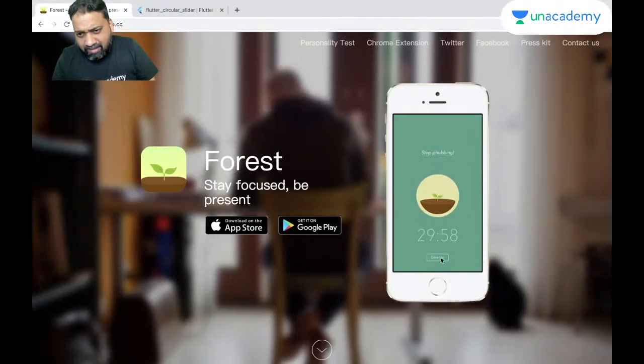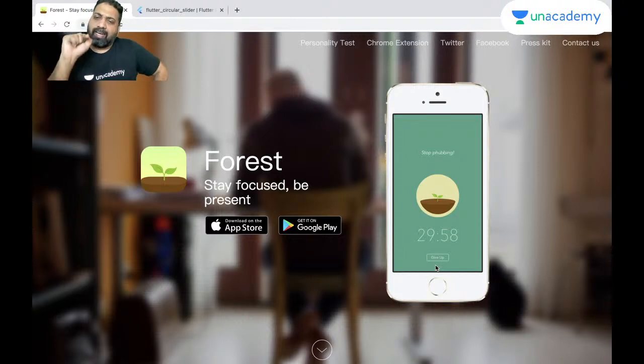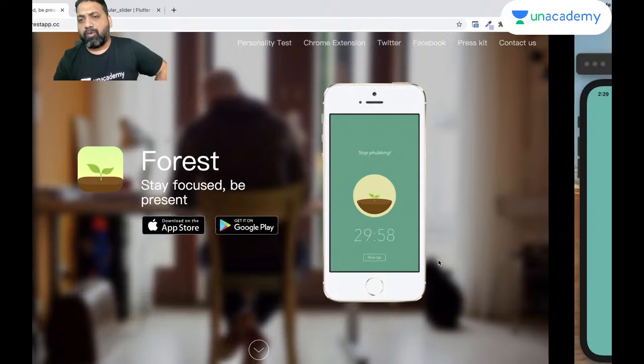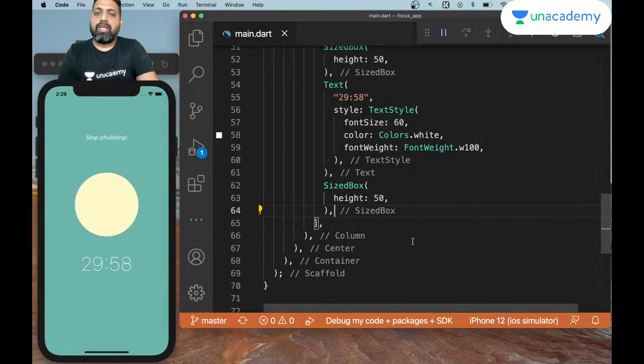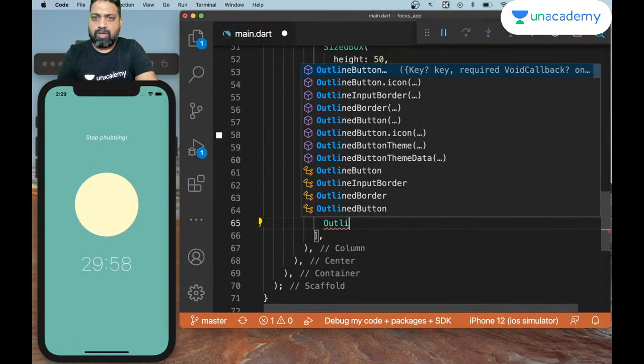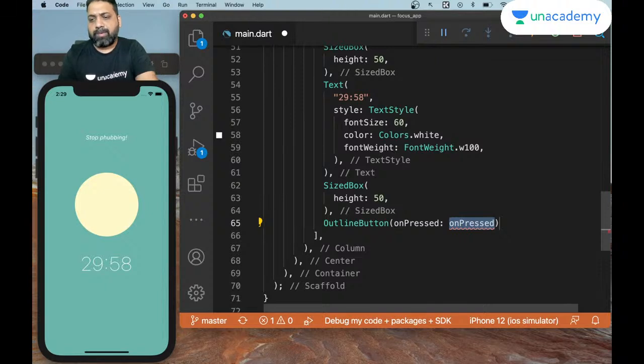I need this to be a button. Why do I need this to be a button? I want to be able to click it. The way it works is that this button says plant, P-L-A-N-T, plant for planting as a verb form. And when you click it, it becomes give up if you want to stop in between. Okay. We will use something called an outline button. And an outline button needs an on pressed action, which I'm going to keep